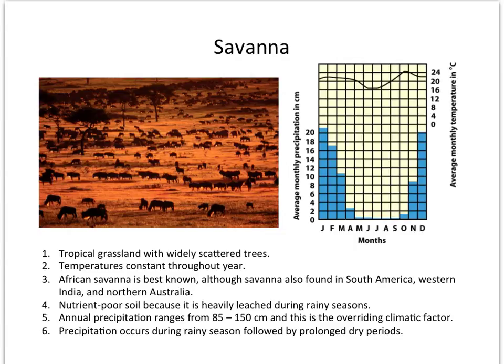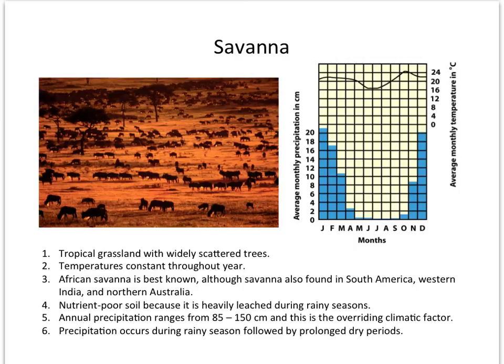The soil itself does not have a lot of nutrients, and again, this is because it's heavily leached during the rainy season, and also any microorganisms that might be living in there are going to consume any organic material very quickly because the temperatures are warm all year long, so their metabolic activities are going to be very high throughout the year. This, again, is a good example of what you'd find in the African savanna.